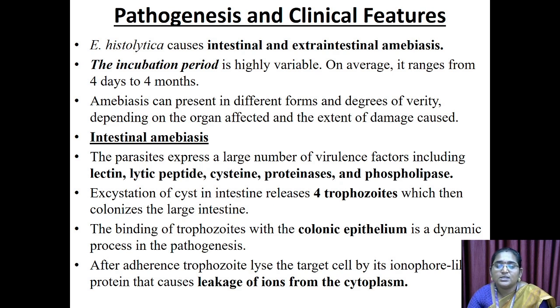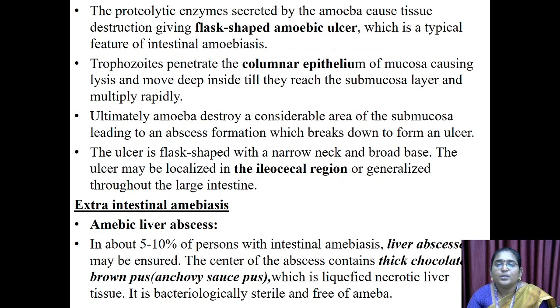After adherence, the trophozoite lyses the target cell by its ionophore-like protein that causes leakage of ions from the cytoplasm. The proteolytic enzymes secreted by the amoeba cause tissue destruction, giving a flask-shaped amoebic ulcer, which is a typical feature of intestinal amoebiasis. Trophozoites penetrate the columnar epithelium of the mucosa, causing lysis and move deep inside till they reach the submucosal